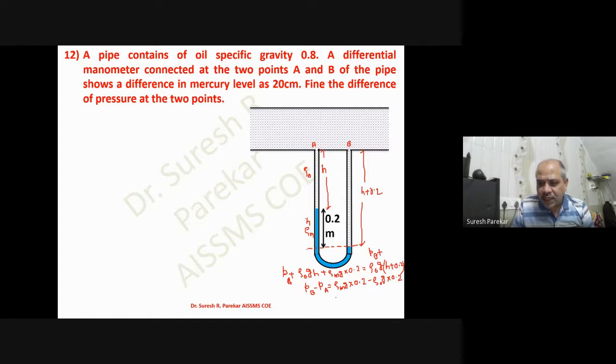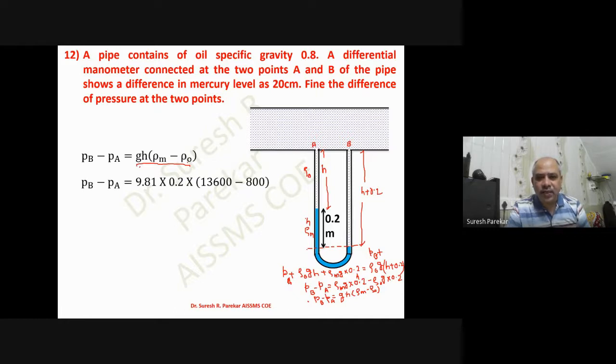And therefore, if we take this G, and if I say this as H difference, then I can write it as G H in bracket, rho m minus rho naught. That is liquid in manometer minus liquid in pipe. So this formula you have to keep in mind when we are going to measure the difference between two points in the same pipe. You can see the same formula we have derived over here, and we are going to use this formula for some problems in the next PPTs.